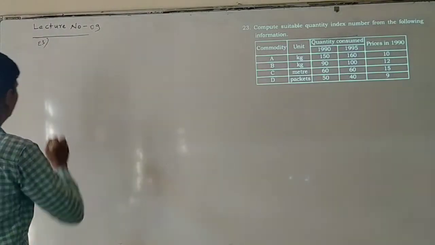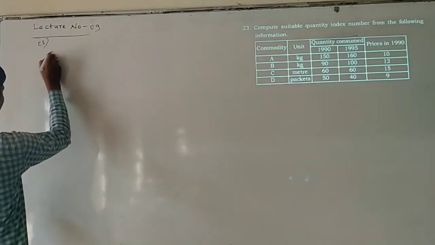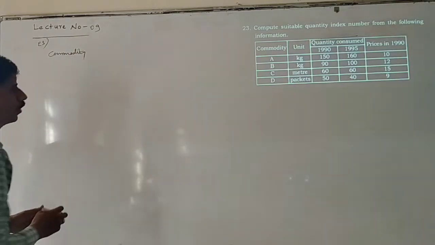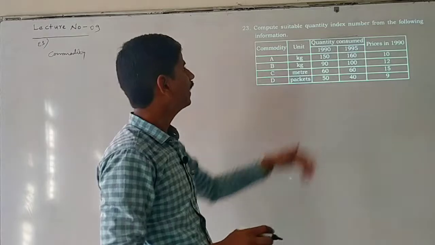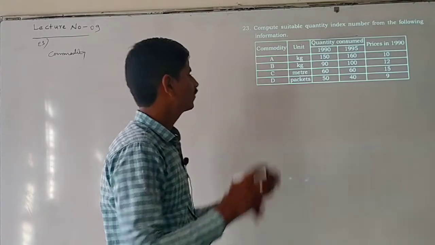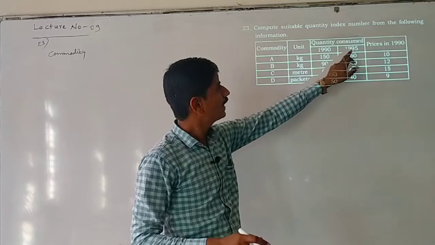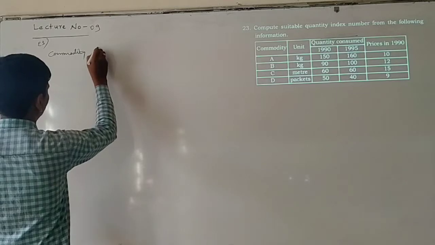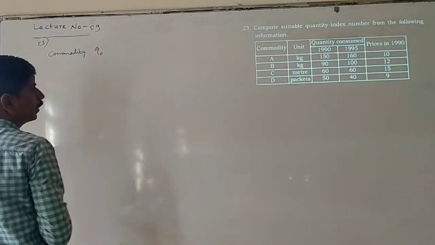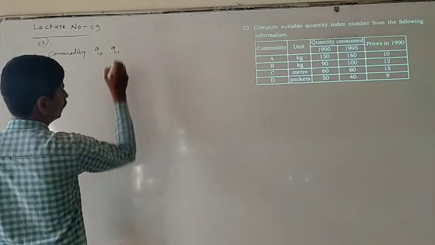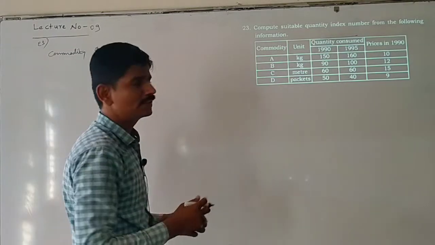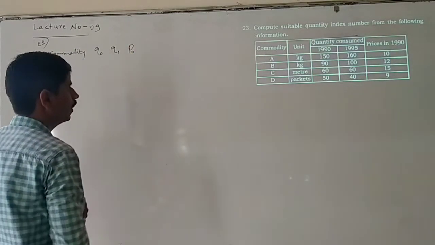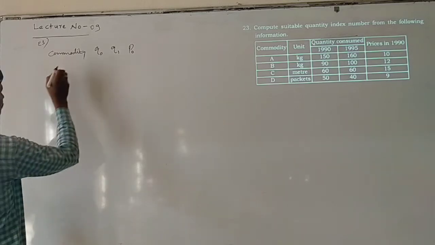Here, the trade of commodities first. Commodity, okay, unit is not necessary, so directly quantity in 1995. Here 1990 is the base year and 1995 is the current year. That is quantity in 1990 is Q0, and quantity in 1995 is Q1. Price in 1990, the base year, is given as P0 value. Okay, write down the values, quantities A, B, C, D.